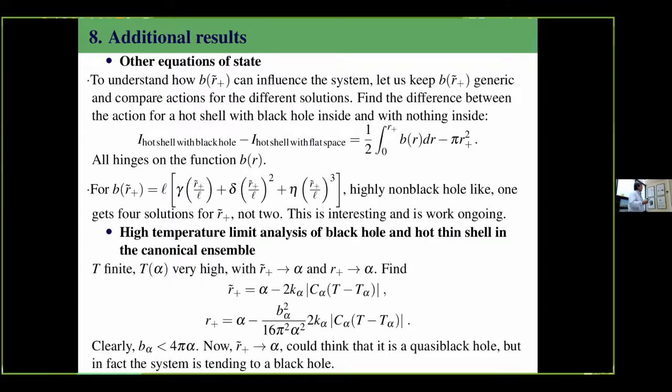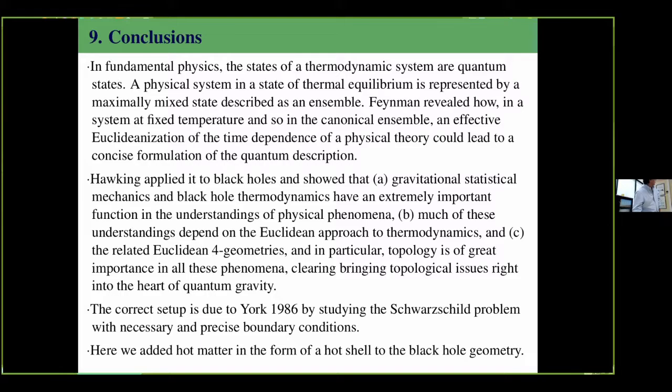Okay, there are other additional important results, but you see there are too many results, so let's pass to the conclusions. So in fundamental physics, everything is quantum. In particular, the states of a thermodynamic system are quantum states. Thermodynamic equilibrium is represented by a maximal mixed state described as an ensemble. And Feynman revealed how in a system at fixed temperature, and so in the canonical ensemble,